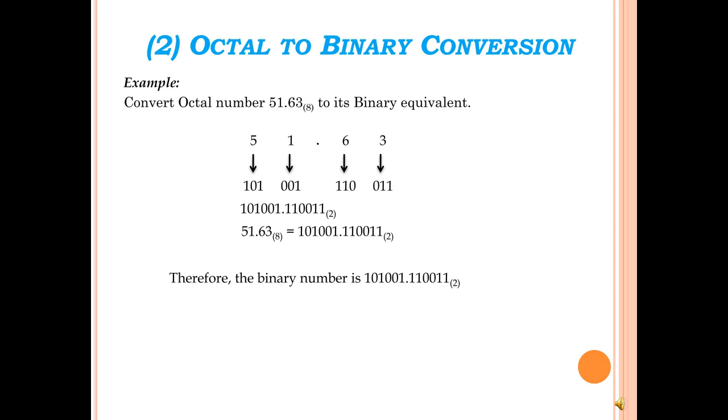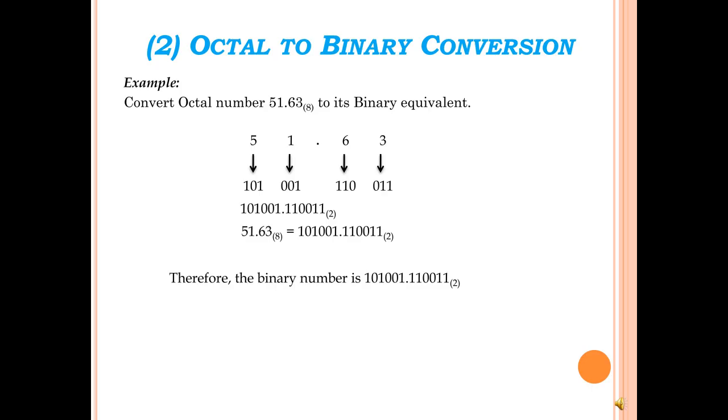So, as per the number, we have expanded the digits accordingly. 5 will be written as 101, 1 will be written as 001. After the dot, 6 will be written as 110, 3 will be written as 011. So the final valuation comes as 101001 dot